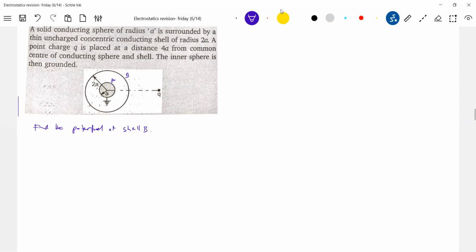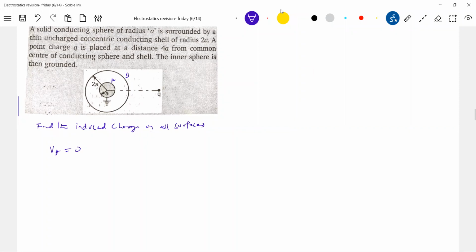Now read the question. Any other charged object can be there outside. Okay, we'll do one thing. I'll just find the induced charge on all surfaces. I'm just interested in this aspect. And now which shell is earthed? Shell A is earthed. The potential of that shell should be 0, because it is earthed.